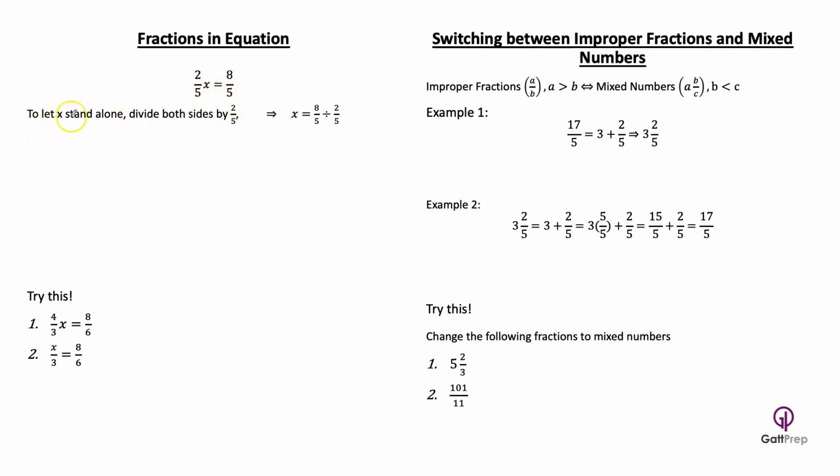To let x stand alone, we can divide this side by 2 over 5 and then this side by 2 over 5 to arrive at this. So you have x is equal to 8 over 5 divided by 2 over 5. We can switch this division problem into a multiplication problem by switching the position of the numerator and denominator of the right hand side